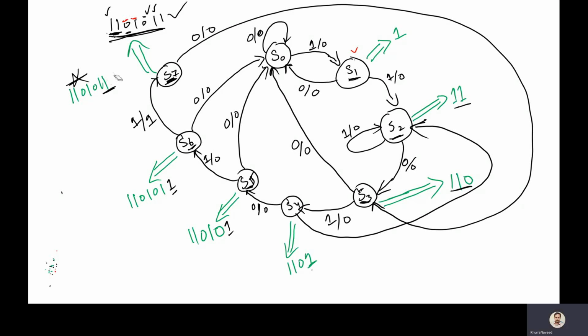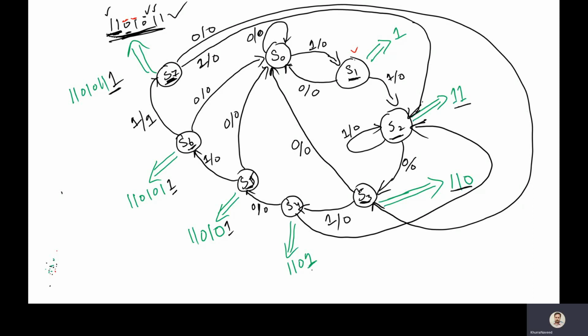And what if we get this situation? We have a 1 here. So in case we have a 1, it means we now have the first two ones, these two ones. And that means we need to go to state S2 in case of input 1, and output is still 0, right? So this is our state diagram for this particular sequence.